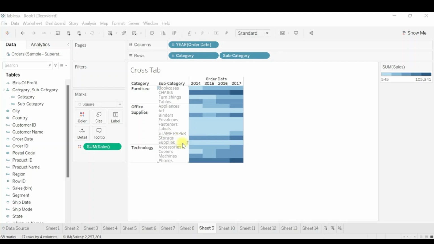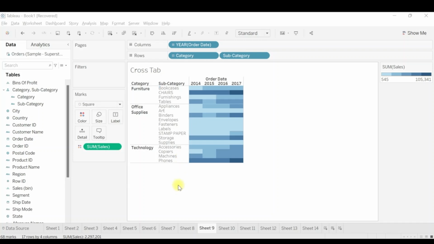These are two individual data entries and I don't want it as two individual rows. I need that the data should be shown up as storage and supplies, and the data that is being shown here, that is sum of sales, should be summed up for both the rows. Let's see how to create a group for this.